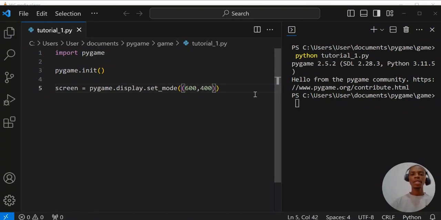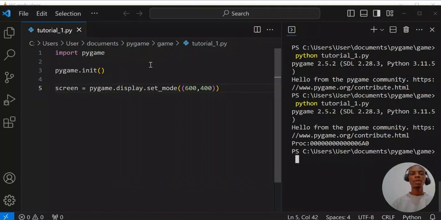With this, when I run my code now, I'm going to get a flash of the screen and it will go back. The reason is that Python will run this code from the top to down. It's going to import Pygame, then initiate Pygame, and then create this environment for us. But since it does not see any other code and there's no loop to keep it running, Pygame will go back. So what we are going to do now is create a loop